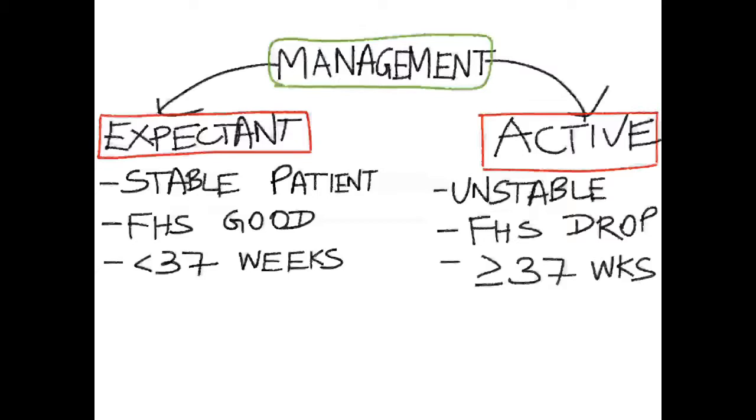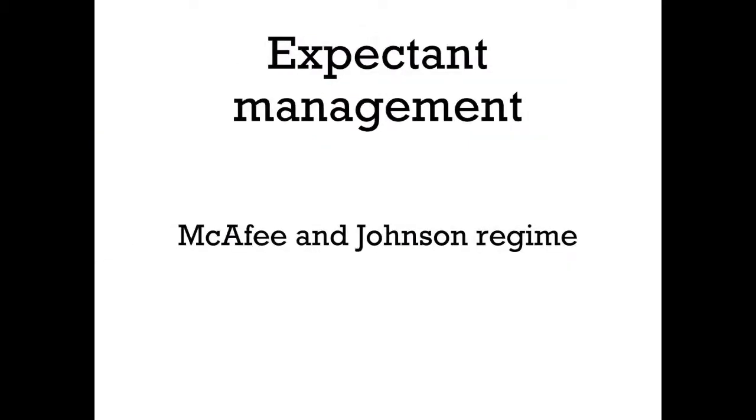Expectant management can be done if the patient is clinically stable, the vitals are good, and there is no fetal distress, so the fetal heart sounds are good, and if the period of gestation is less than 37 weeks, when we actually have to try to prolong the pregnancy if everything is fine, because it will help the fetus to attain adequate lung maturity. Whereas the active management is performed in cases of unstable patient when the vitals aren't good, there's massive hemorrhage and uncontrolled bleeding, there is fetal distress seen as a drop in fetal heart rate, and if the period of gestation is more than or equal to 37 weeks. Okay, so these are the prerequisites for doing expectant management or active management.